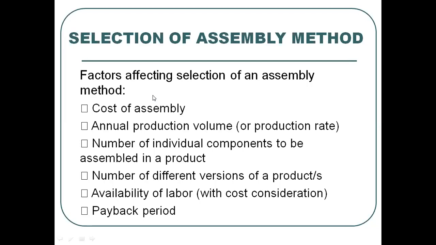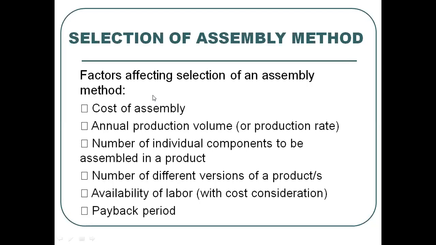If the cost is quite high, right? If you want to make it less and you have more production rate to achieve, then you can go for automated one, right? So that cost factor is also there. Annual production volume, what is the production rate that you are trying to achieve? If it is less, you'll go for manual. If it is more, then you have to go for either automatic or robotic kind of method.